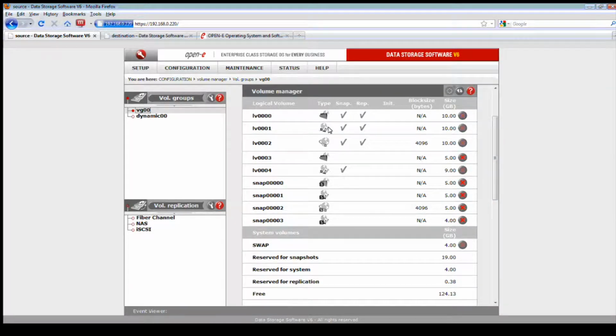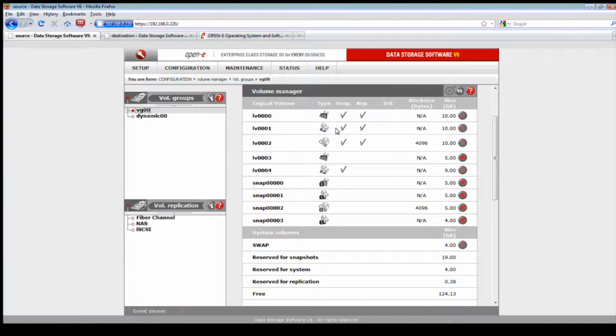In iSCSI, we want to do some of the same, in that we want to make sure that on our source the logical volumes are of the same value. When I do an iSCSI volume replication and I want to associate it with Auto Failover, make sure the volumes are the same size, and also the iSCSI volume block I/O: if you designate to use block I/O, make sure that the destination is also block I/O.